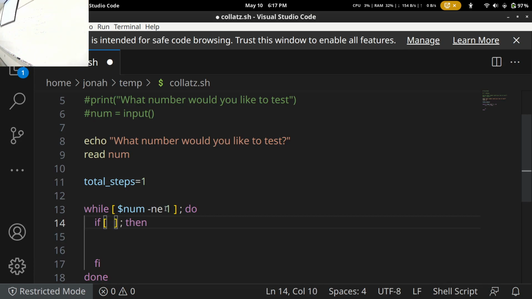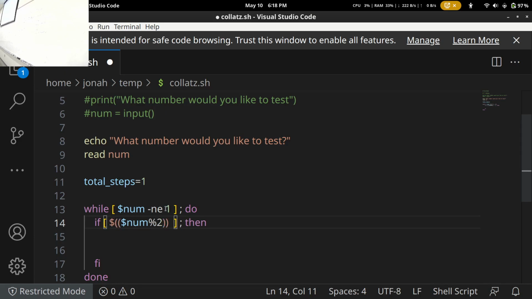Okay. So inside of this if statement, we're going to check if the number that we got from the user is even. So I'm going to start off with double parentheses, kind of like we did above. I'm going to get the value from num. And then I'm going to say modulo 2. Can there be spaces there or no? I don't remember. I think there can be, actually, because we're going to do something kind of funky. I'm going to put a $ sign in front of that.